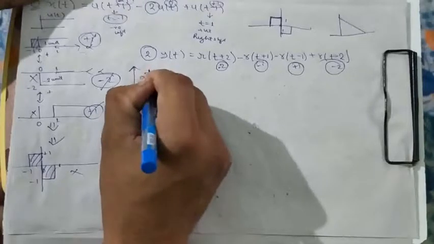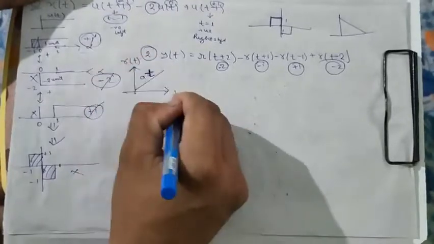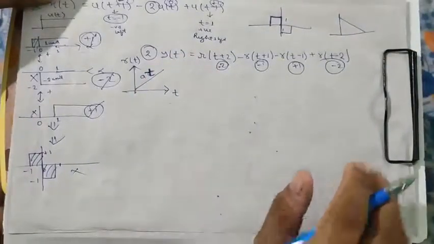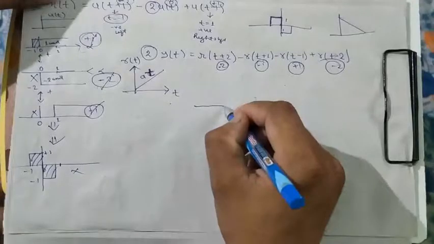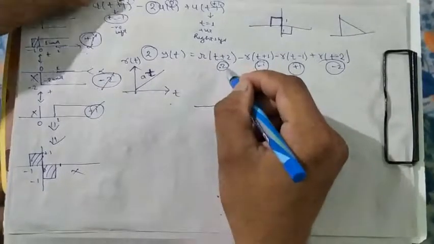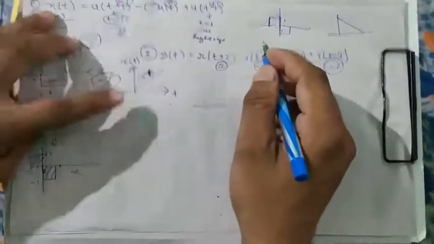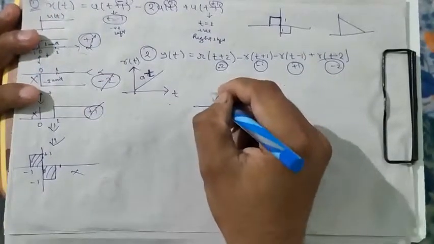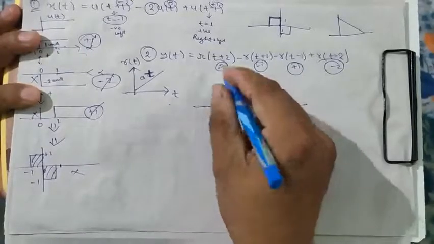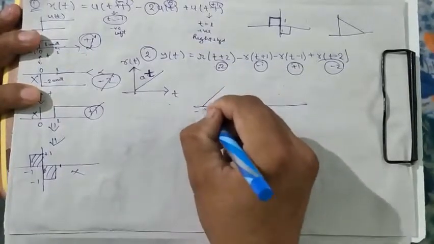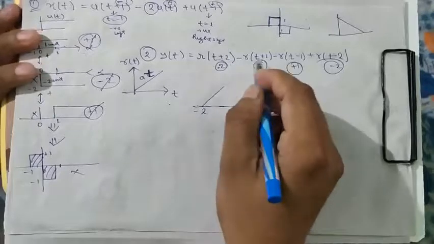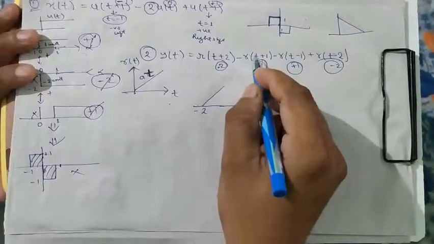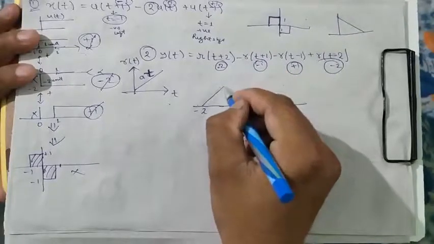Okay, it is r of t. So how will we write it? We'll just draw like this. It is -2 now, so the signal is shifted to -2. We will draw here from -2 it is starting. Okay, -2, and again -1 is there. So -1 is there. That means it becomes